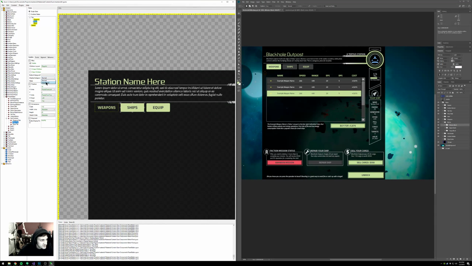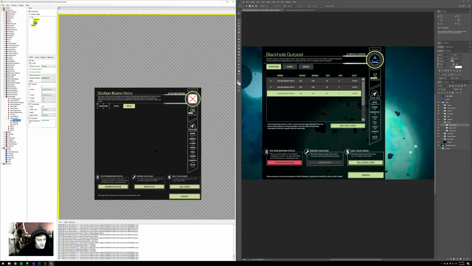Ships should be normal. Equipment should be deselected. And on equipment, equipment should be normal. Ships should be deselected, and weapons should be deselected. Now if I did that right,